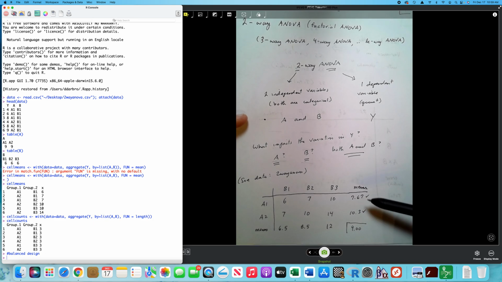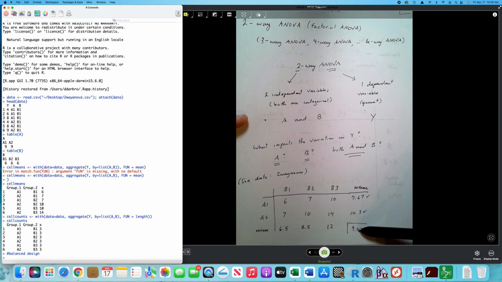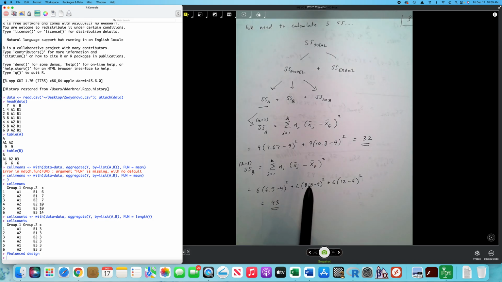The sum of squares is going to take the sample size and examine the difference in this mean and the grand mean and take the square of that. That's exactly what happens here. We take the sample size times the mean of A1 minus the grand mean squared plus,